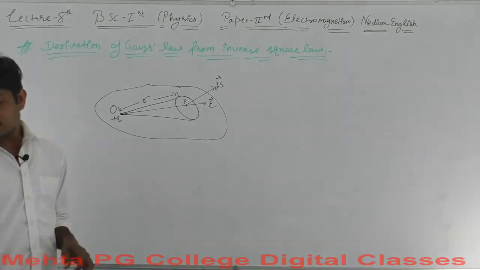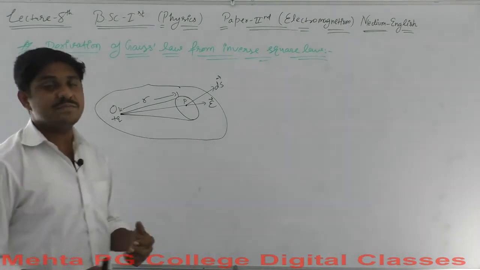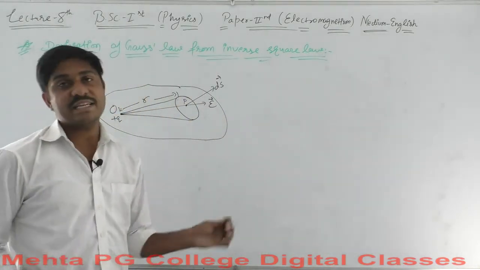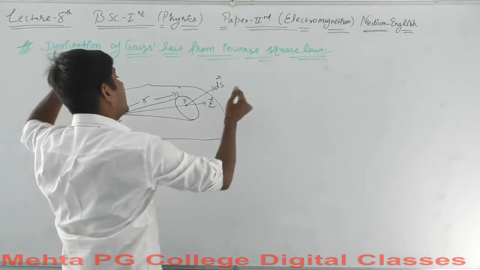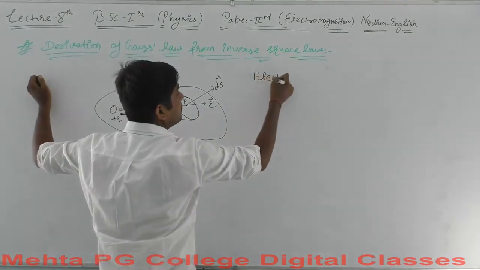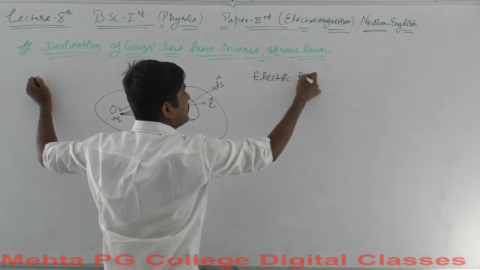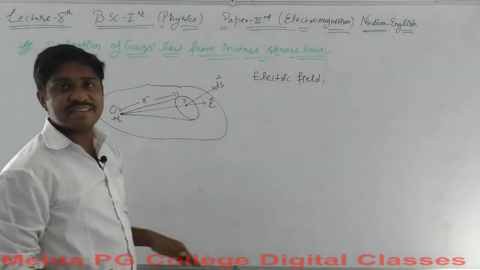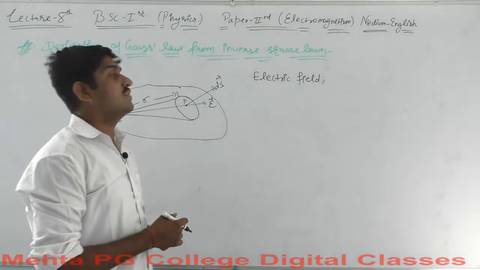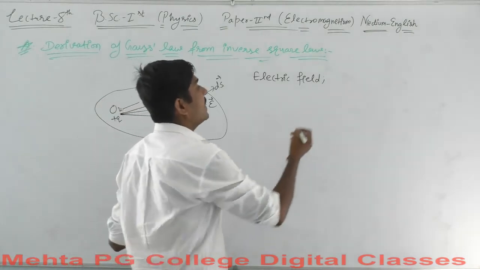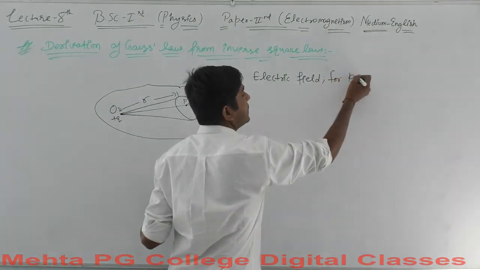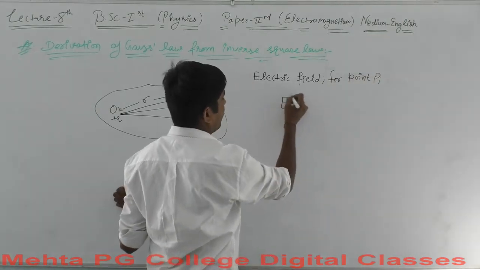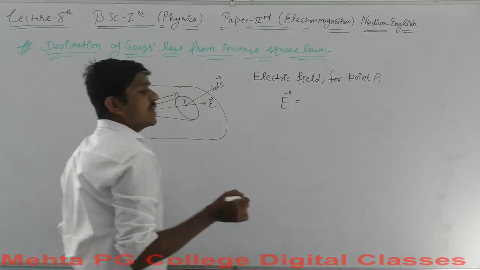Let's proceed further. First of all, we have a very considerable example which is following the inverse square law, which is the electric field intensity, or simply the electric field. Let's find out the electric field for this arrangement. What will be the value of electric field for this point P? Electric field again is a vector quantity, equal to